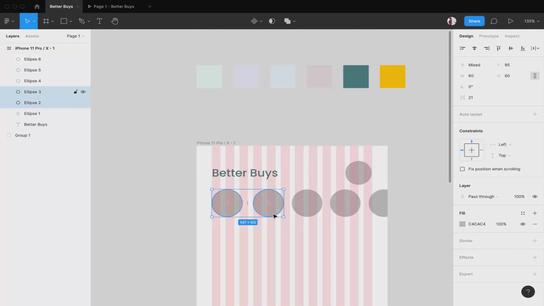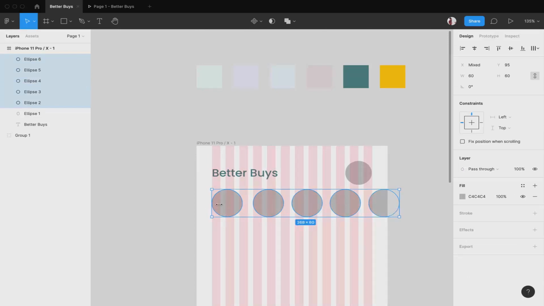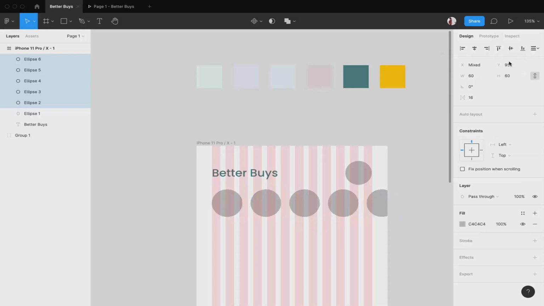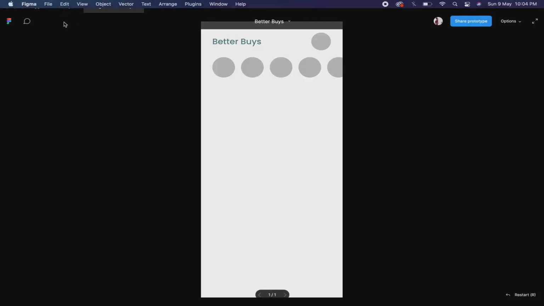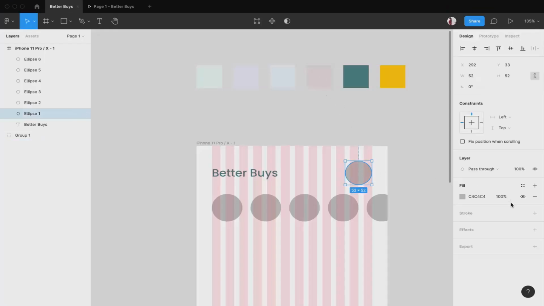Okay, so let us add some colors to it, and before that I'll make sure that it is separated evenly. Over here I can go and click on tidy up. So now the difference between them is equal. Now I want it to be a little bit lower so that we have enough space between these two. Okay, this looks fine. Maybe I'll reduce its size a little bit. I think 45 works. I'll push it a little bit below and to the side.